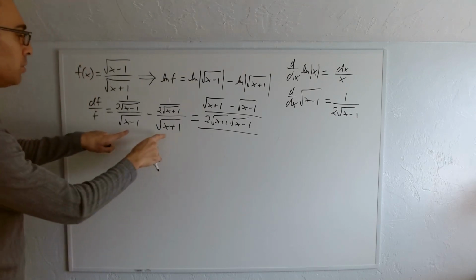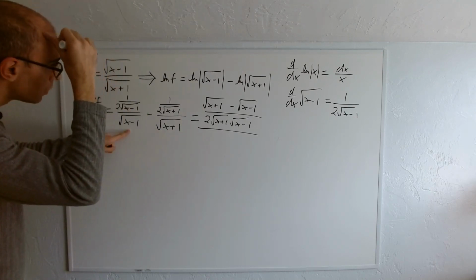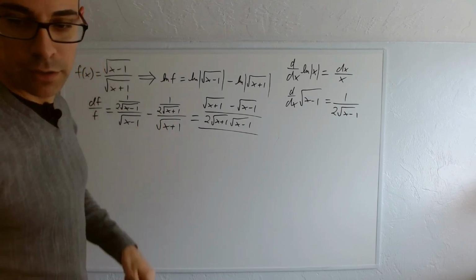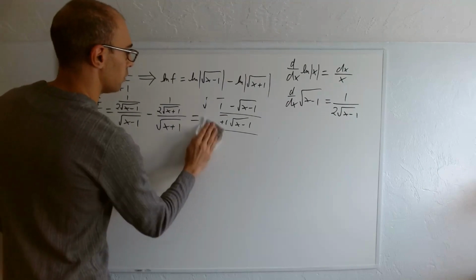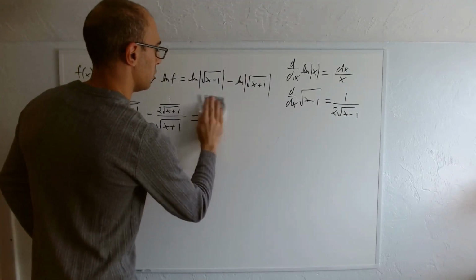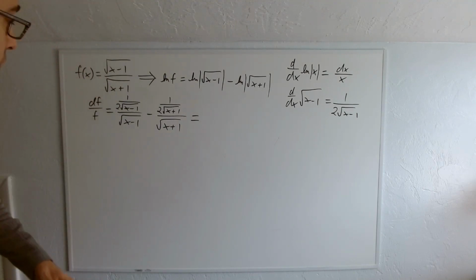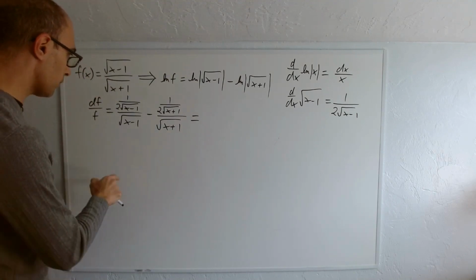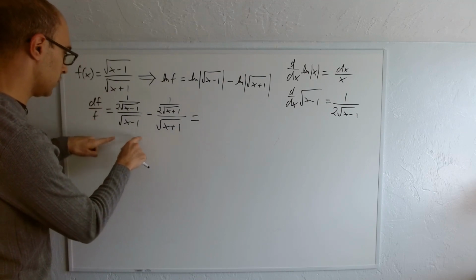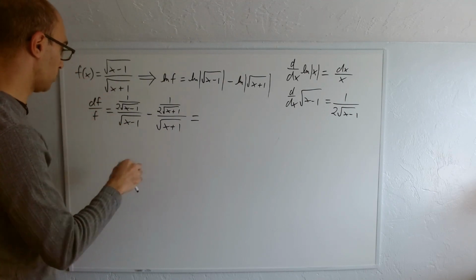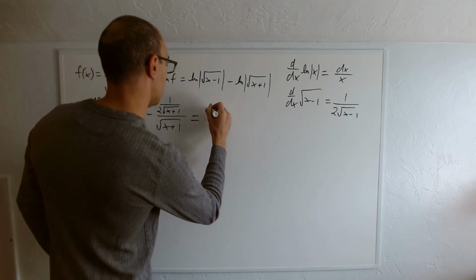Oh wait, we can't do that yet because these are not the same. So actually, hold on one second. I jumped the gun. I actually need to get these to be the same first before we can proceed. So let's do that. So we want to multiply this by square root x plus 1 over square root x plus 1. So we're going to get,